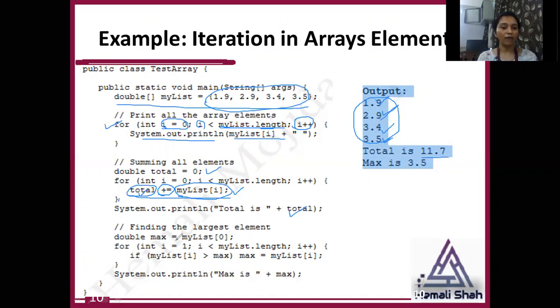Now I want to find out the maximum value available in this list. For that I have initialized my max variable with the first value of my list array. To access the first value of my list array, the syntax is mylist of 0. So you can access the first element, and I'm going to store this first element value in max.